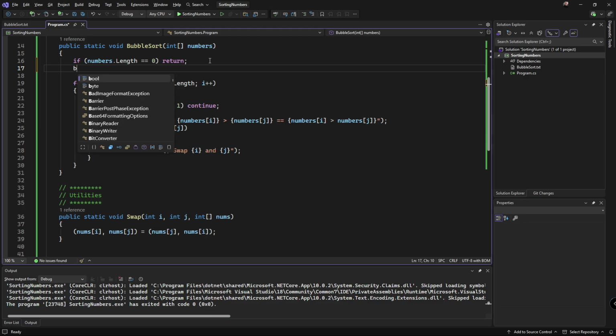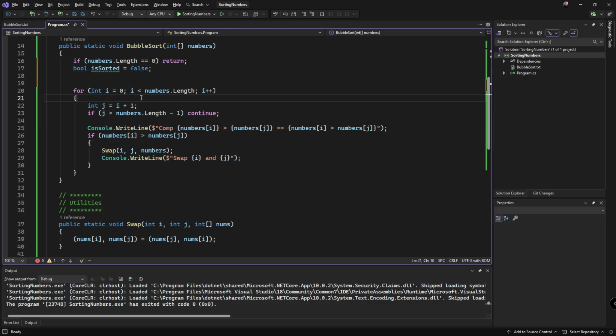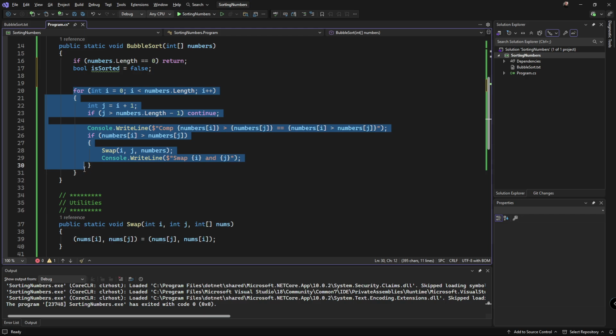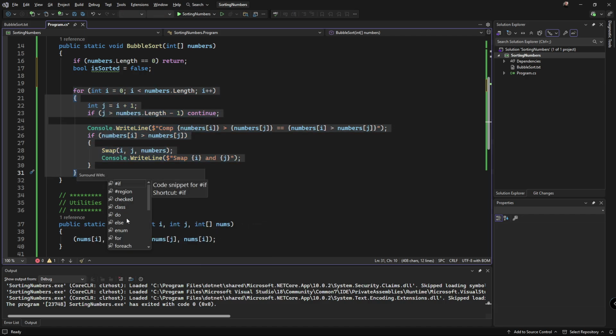So now we're going to do bool is sorted equals false. Now let's wrap this in a while loop. Let's see if we can do this. Let's see, if I right click here, do we get a snippets? I'm going to go to a snippet. A snippet's just a way to put something around, like we can add it and it's already set up for this. So we can do while